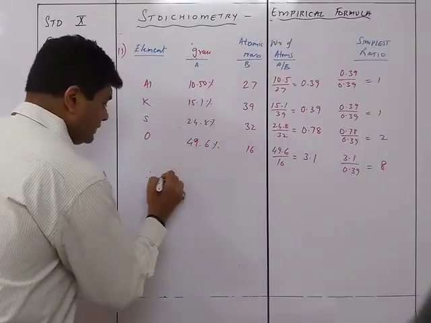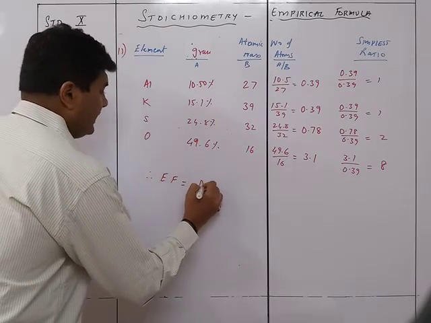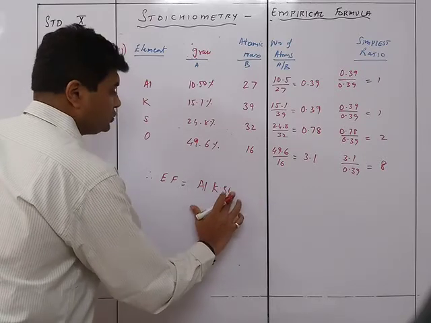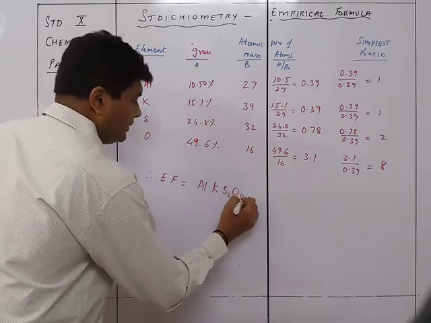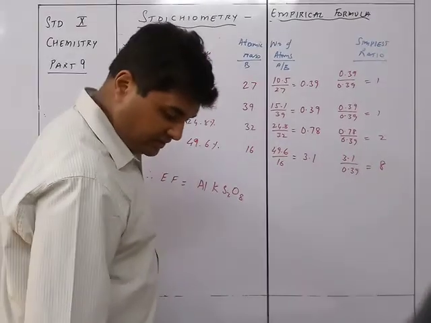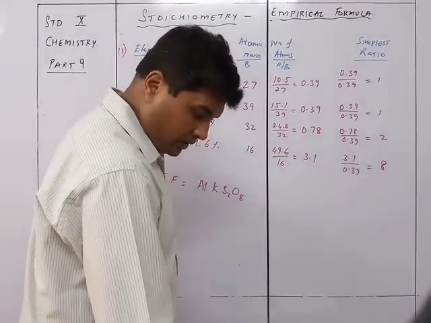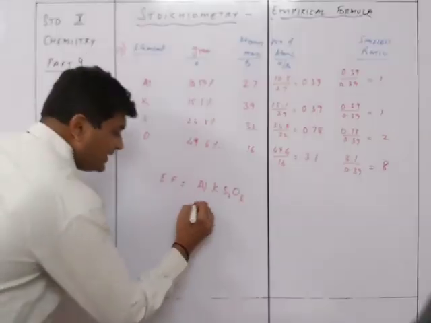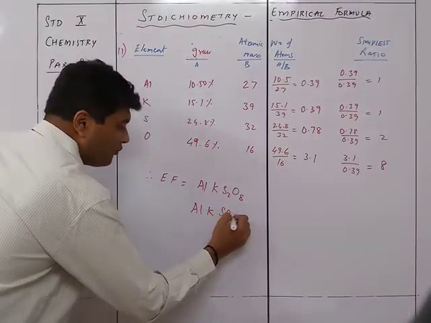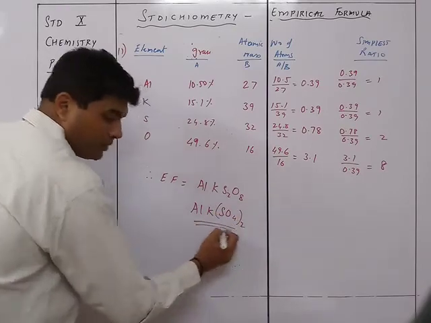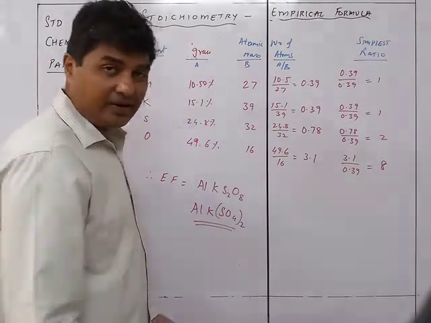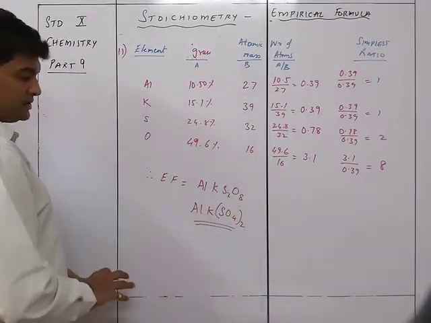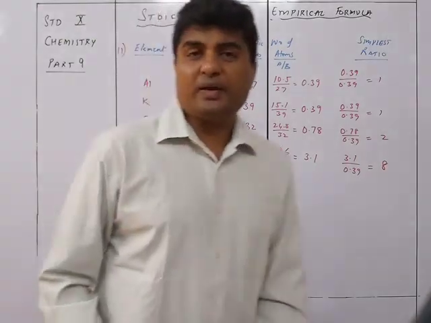Therefore, the empirical formula is equals to AlKS2O8. Now, over here they have given us, calculate the empirical formula. Yeah, that is it. Now, of course, if it is this way, you will write it as AlK(SO4)2. Okay, this is the way you are going to write it, because it is SO4 ही हो सकता है वो, so that is why it will be like this. Okay, so that was the empirical formula for you.